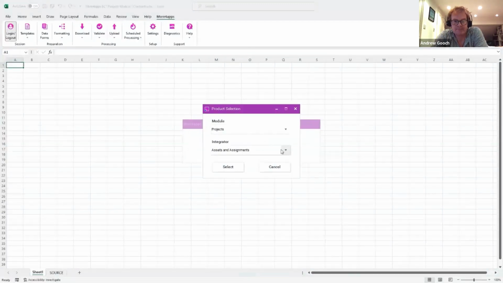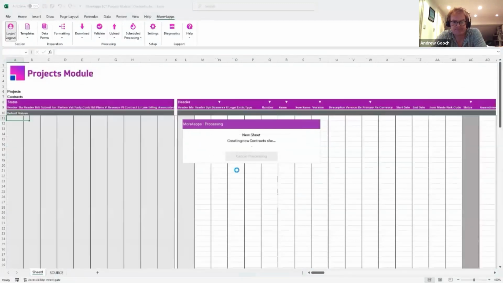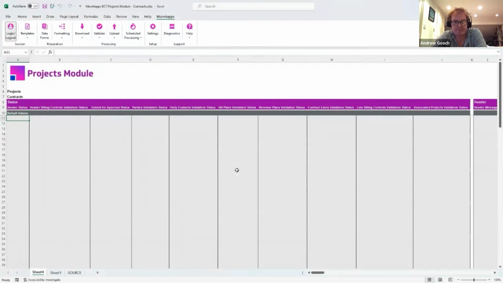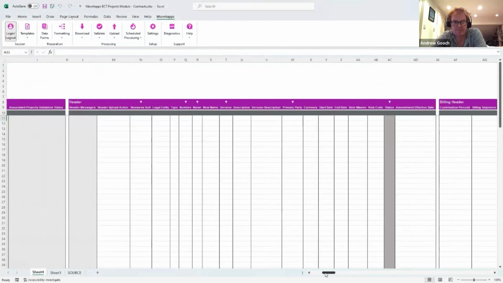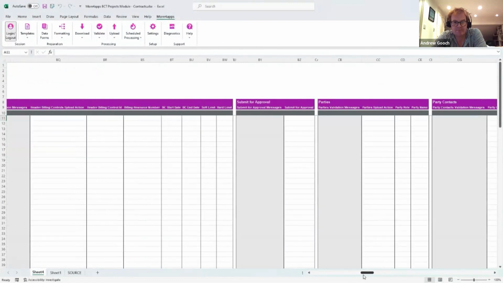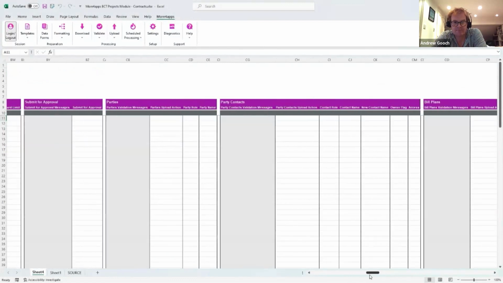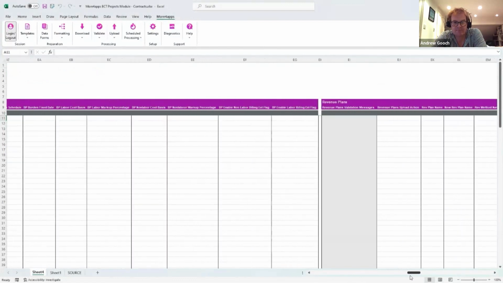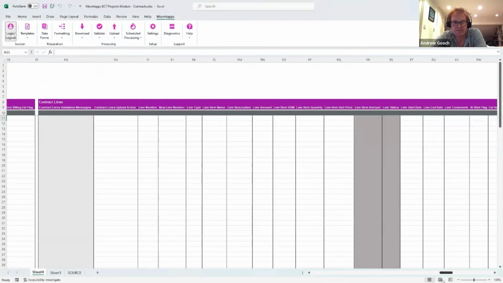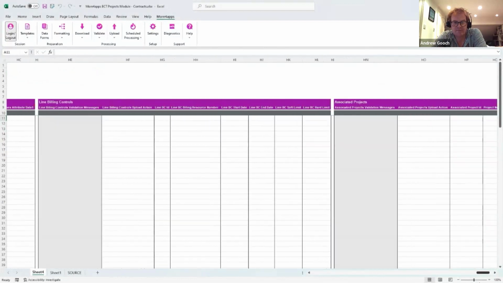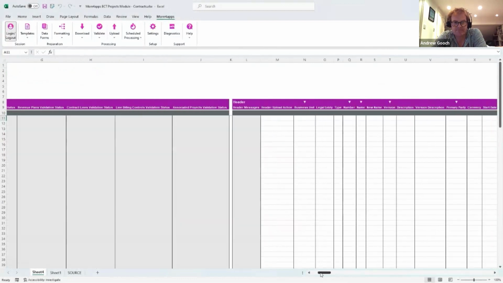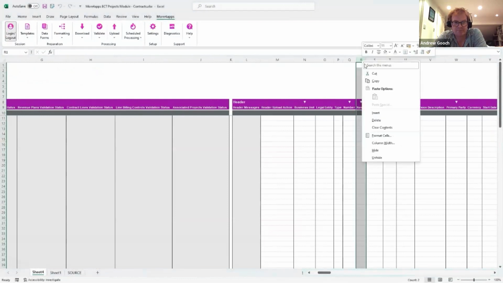Just select the contracts integrator. The MorphWraps philosophy is that all the details for a given operation are in one sheet. So with contracts, that means headers, billing controls, approval submission, parties, bill plans, revenue plans, contract lines, line billing controls, and associated projects. As always, your sheet layouts are completely flexible, which means at any time you can shift columns